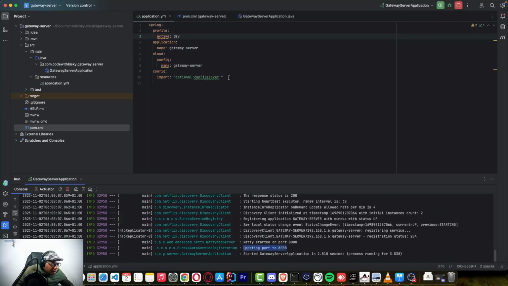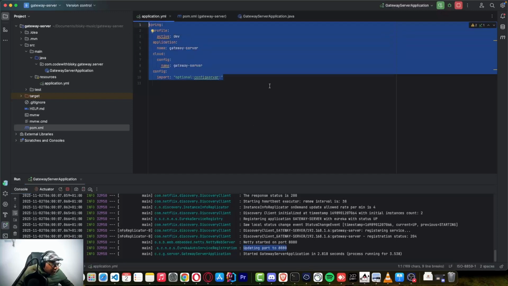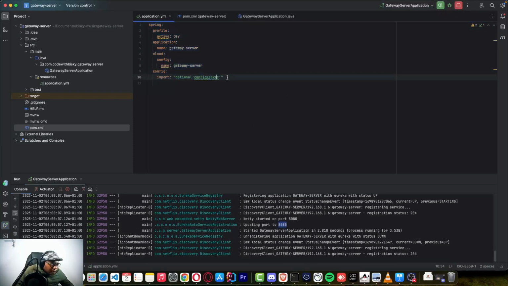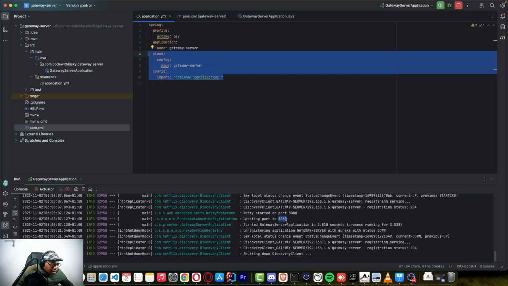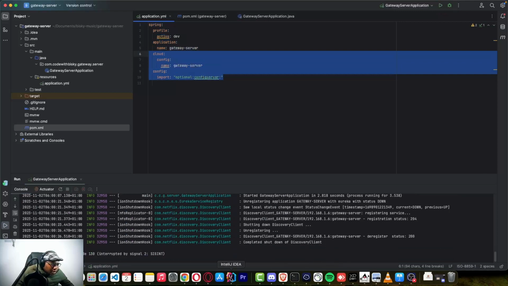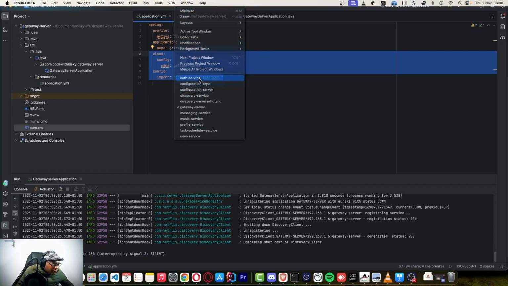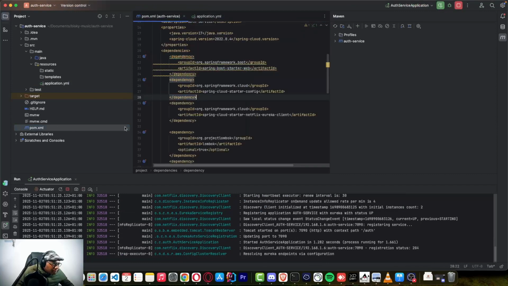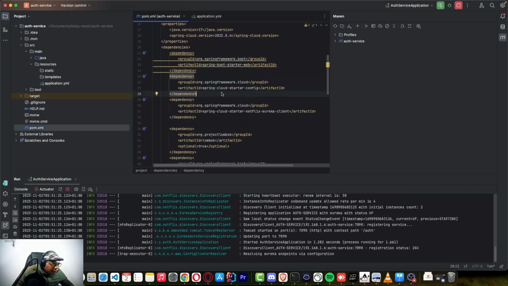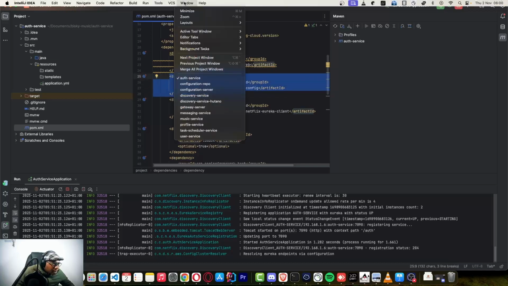If you don't specify the port here and it doesn't find the configuration file, it will run on port 8080. So we need to configure this one to be loaded from the config server, so that it must run on this port that we specified, which is 7000. So let's just copy here from the auth and go to the POM file, and we need a Spring Cloud starter config. We need to add this config only, and we can come into our